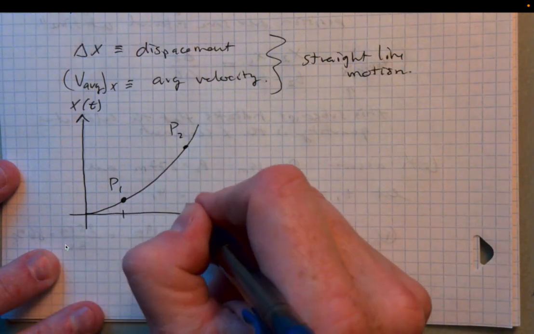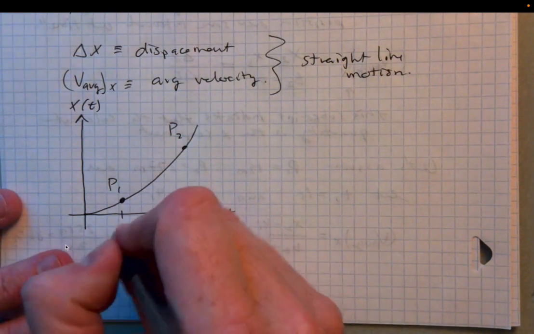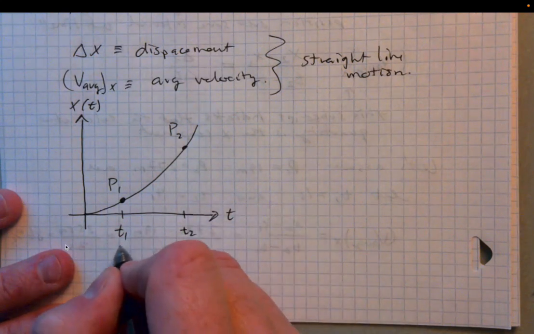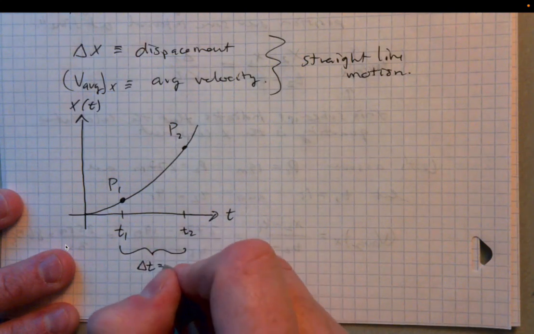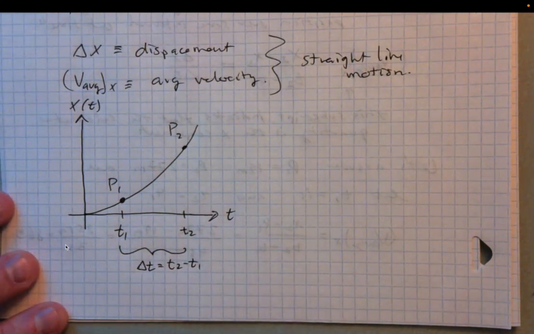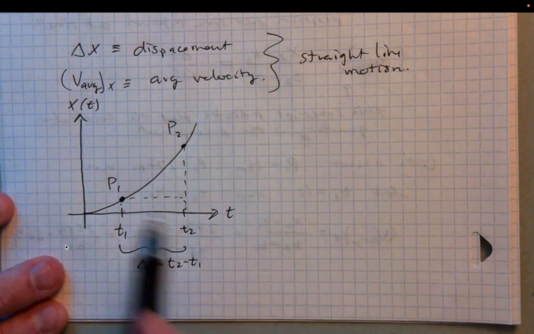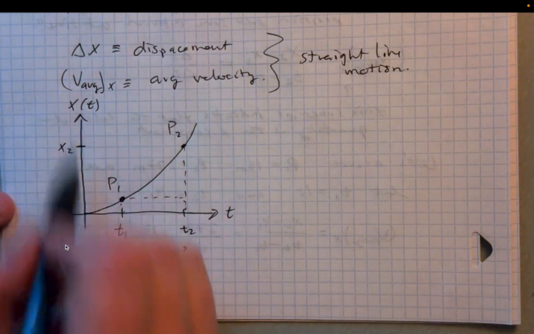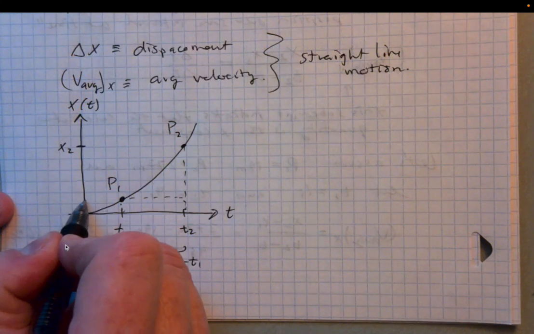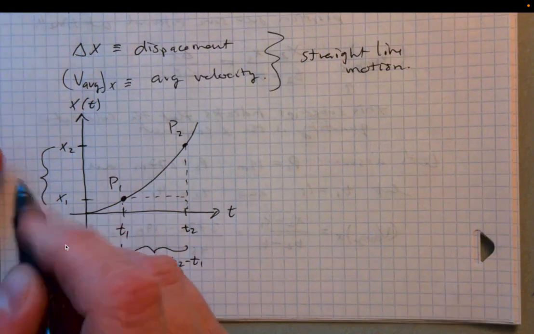It's important to start thinking about problems in the context of position graphs and then later velocity graphs, etc. So this would be my time 1, and this would be my time 2, and this is, of course, my change in time, my delta t. That's going to be my t2 minus t1. You can think of this as existing in this triangle, and so this is my ending position on the position axis, and this is my starting position. So this is my delta x, my